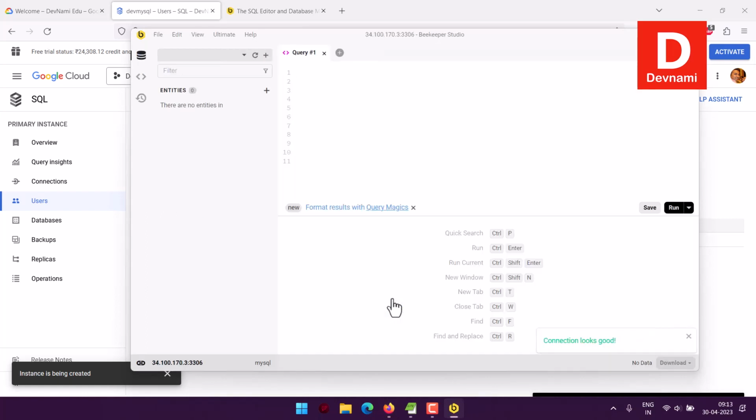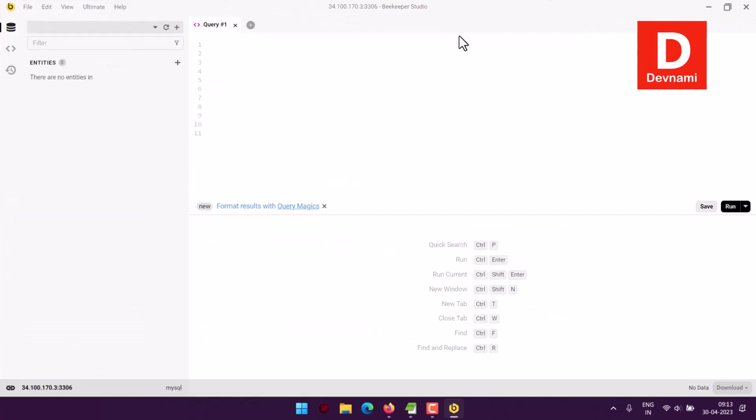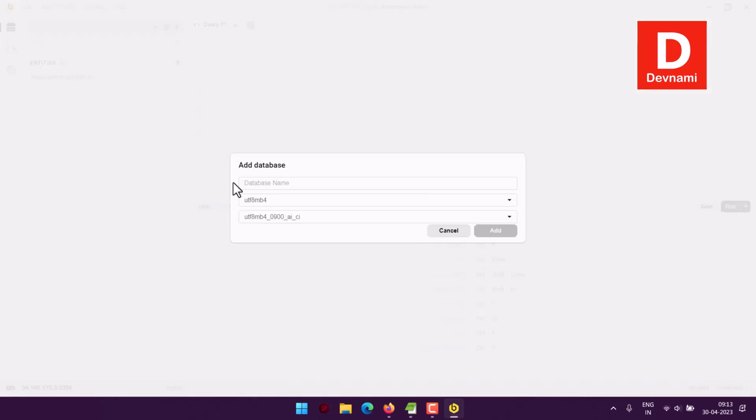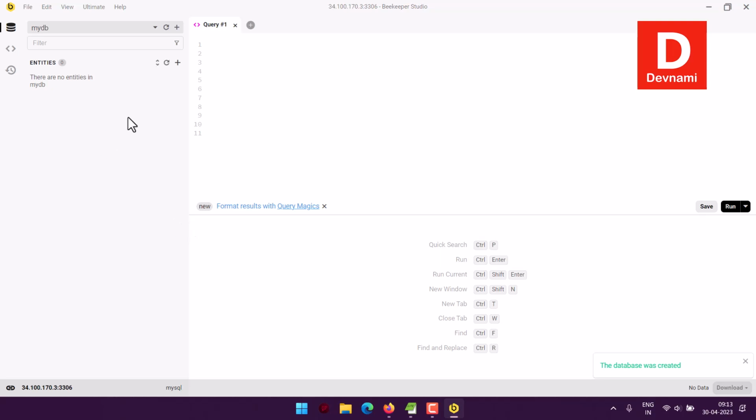I can connect. Now here you see we can maximize our Beekeeper Studio. Currently there is no schema, no entities, so here we get to create the database. Let's name this database something like MyDB, right? And we'll keep the UTF values. Okay, so now that we have database created, let's refresh, and here you see MyDB is there. I can expand on, and let's try and see if I can